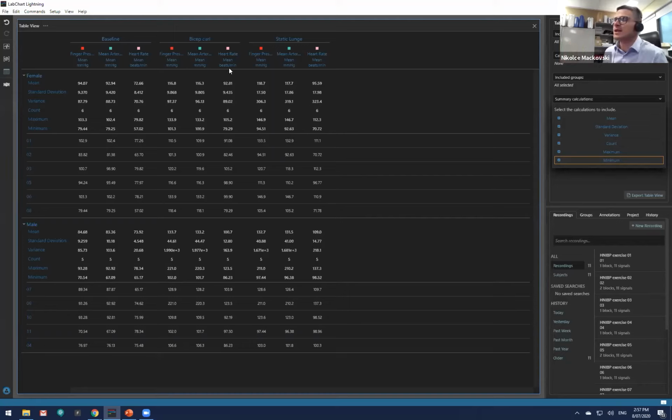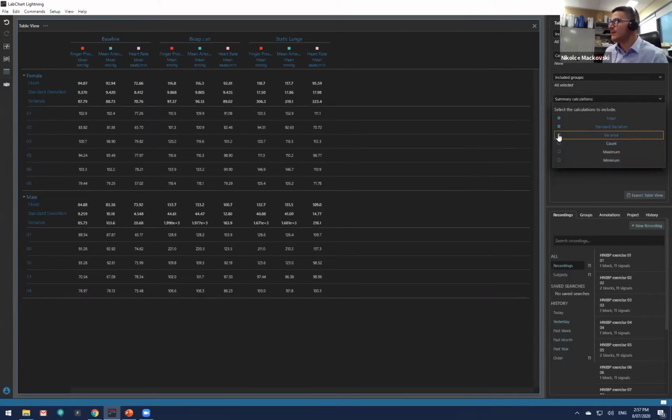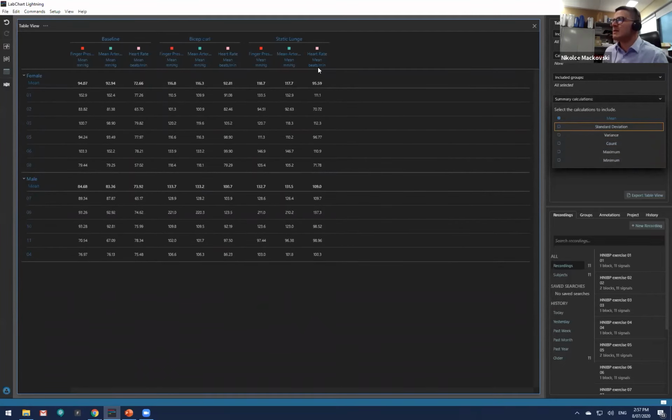So that, once again, provides the summary data of all the data we have here. I'm just going to remove these for the moment. But now let's say we want to look at some calculations specific to these signals. What does that mean? If we look at, for example, the finger pressure, if I click on this,